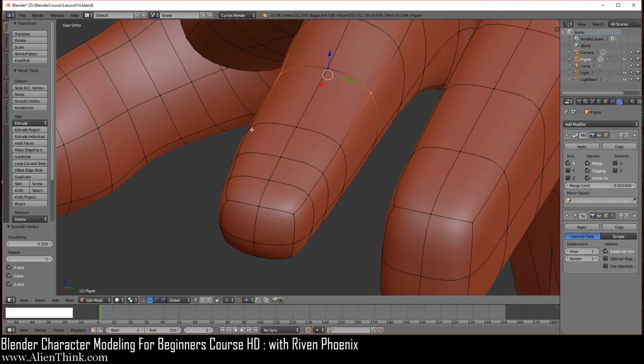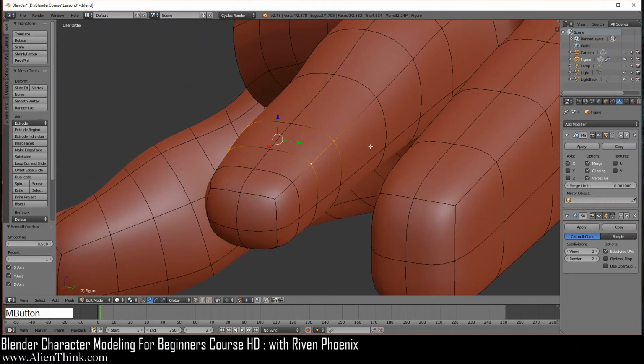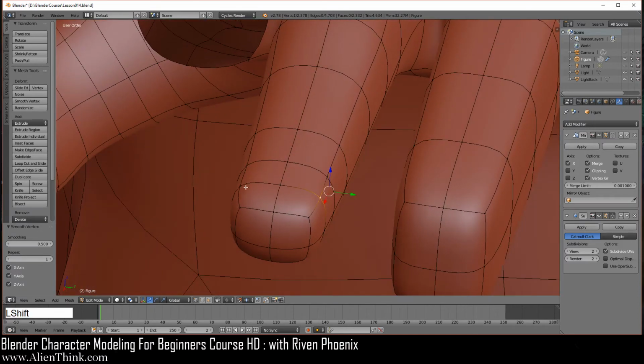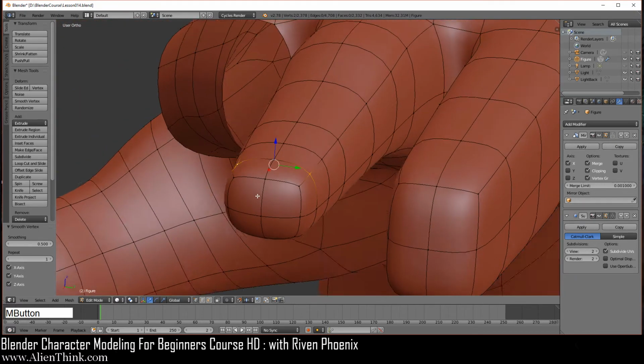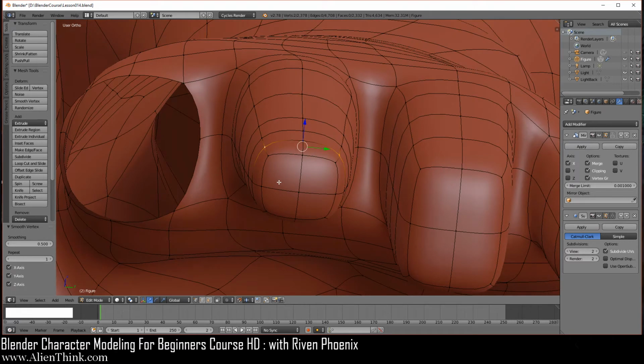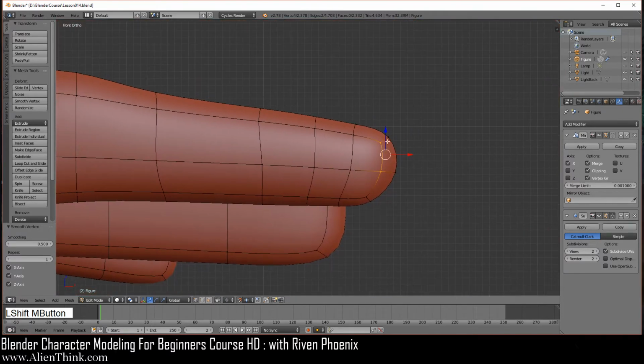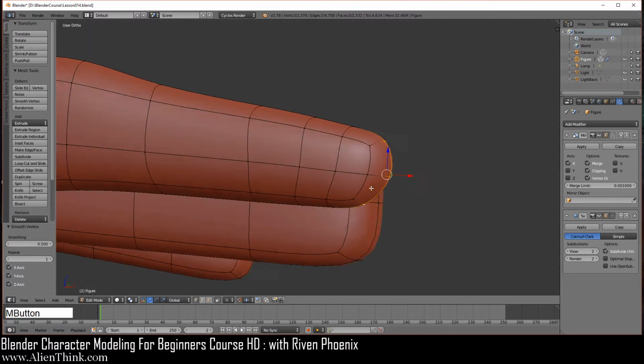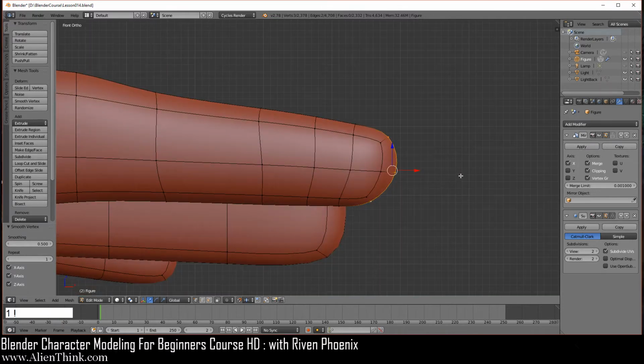Now for this one, we're going to select on this, shift key down, this one, and this one. And over here, W and then smooth only one time. Click on this one, shift key down this one, and then do W and then smooth one time. So now we're going to rotate it in this way. Click on this, shift key down this one, this, do W and then smooth. Now go to your front view and you're going to select on these three vertices, right? These are the vertices that we're selecting, and just do W and then smooth over here.